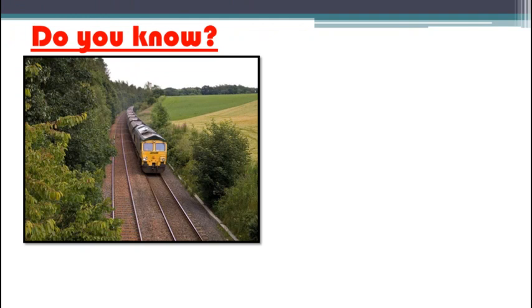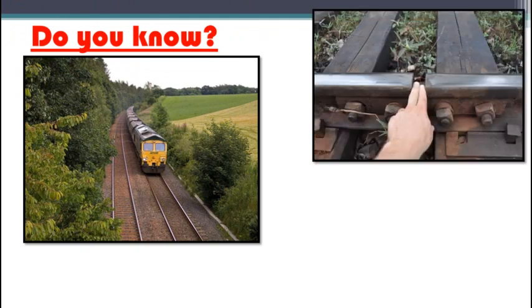Do you know, students, have you seen rails? They are not continuous. A small gap is kept between them at regular intervals, as shown in the diagram. This is kept to accommodate the change in length of the rails with change in temperature. If this gap is not kept, the rail will get distorted due to expansion in summer, which may lead to an accident. In summer the temperature is higher, so the gap is kept between the railway tracks to accommodate the expansion.